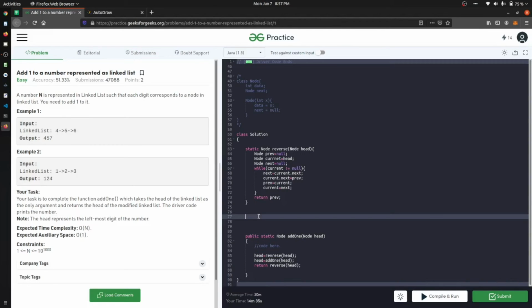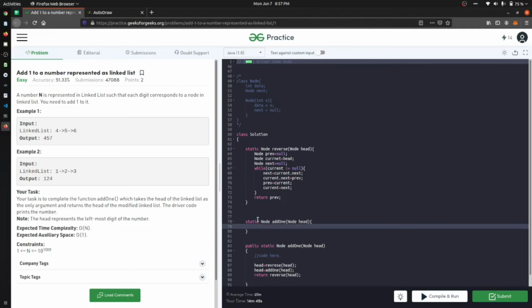So now we have to create an add 1 function. We can again create a static function, static node add 1, node head. Now firstly we have to take care of the carry and the sum.